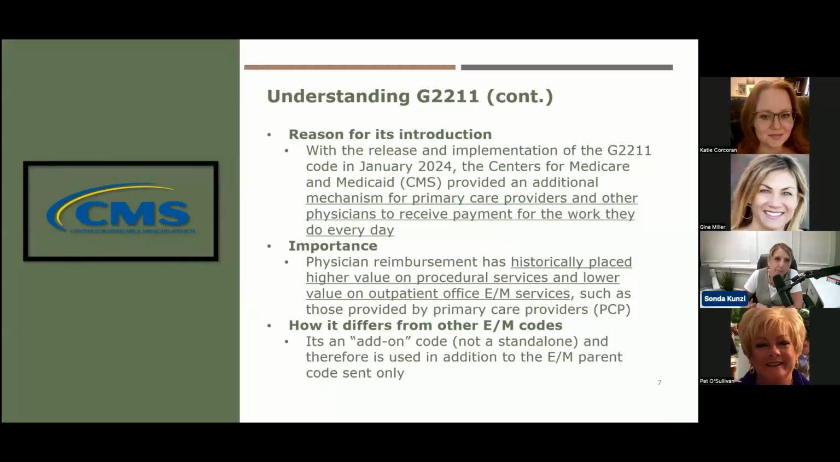All right, more about that. So they did release this prior to 2024, by the way. I think if you were all paying attention to Medicare fee schedule updates, you probably saw G2211 come out prior, but the implementation piece of it actually being paid, where they put a value to it,